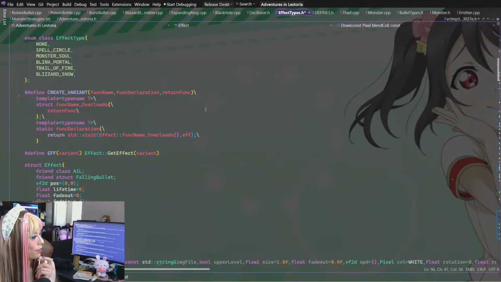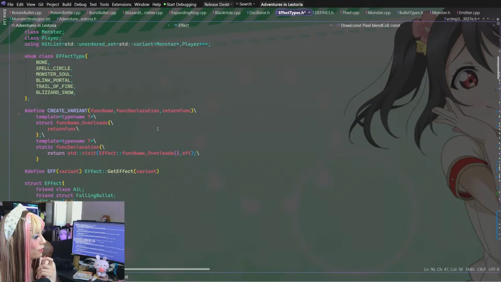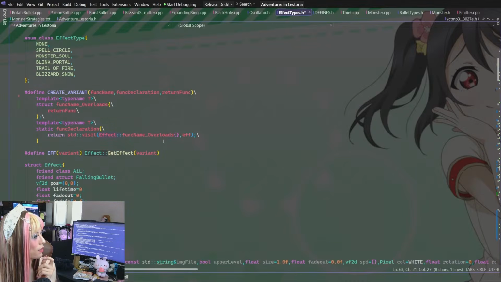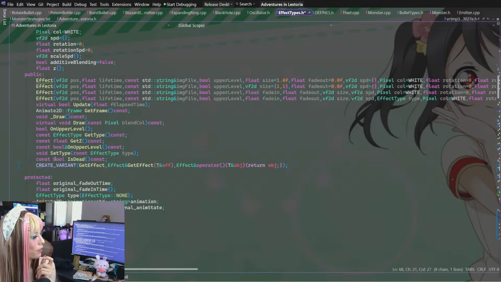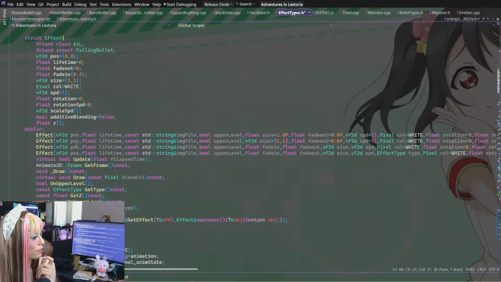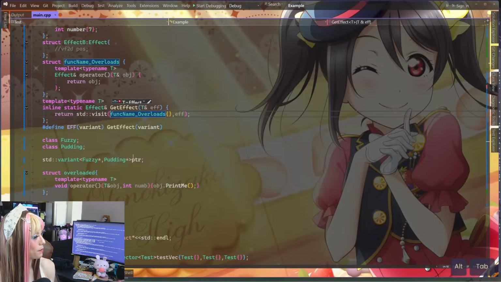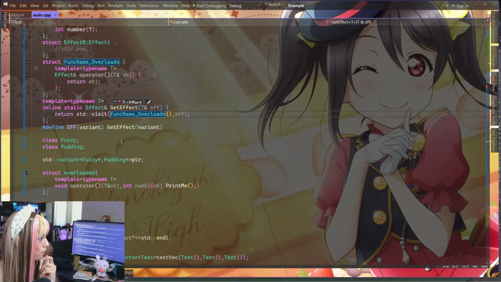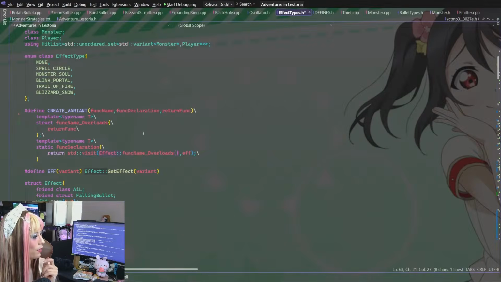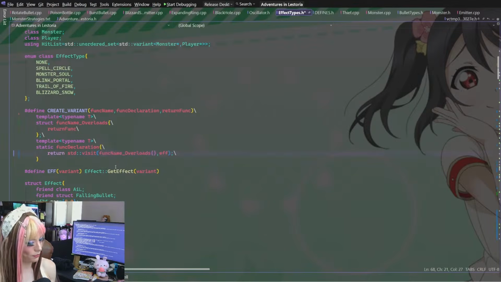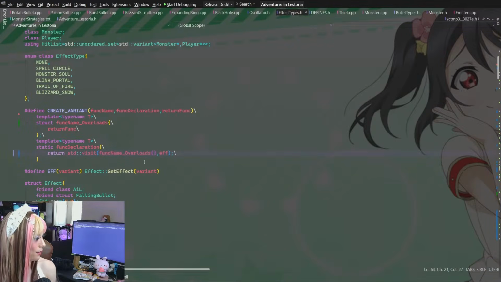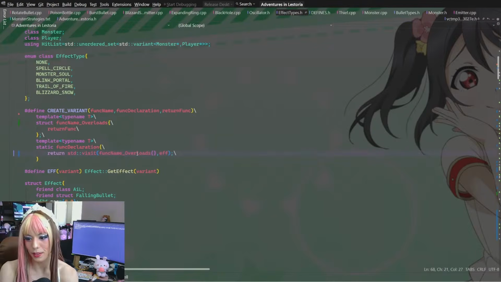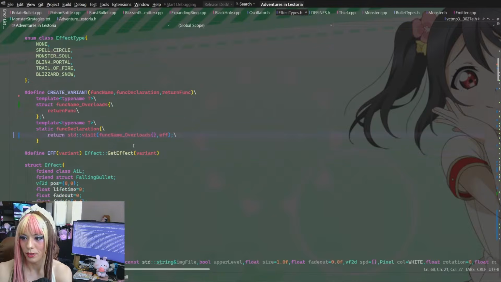So looking back here... This is under effect? I don't think it would be under effect, would it? Well, create variant is down here. So I guess it would be, but at the same time... Technically that would work too? I don't think that's the issue, but... Trying to think what else we would have to do here. I guess this could be inline as well.